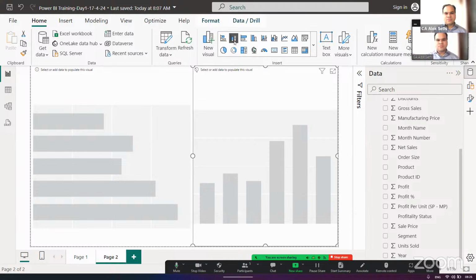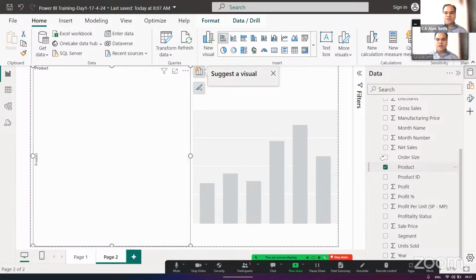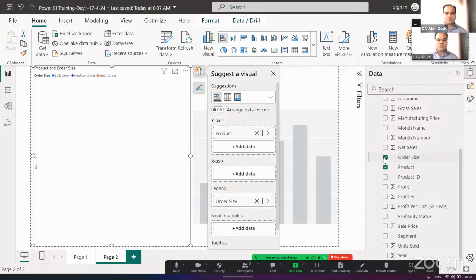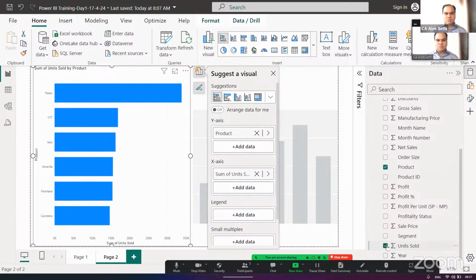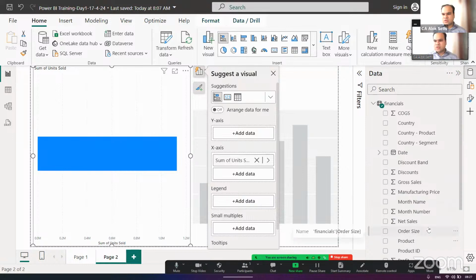and then you have to click on this. तो आपको दोनों चार्ट साइमल्टेनियसली दिखेंगे। अगर आपने सेलेक्ट कर रखा है और आप कोई और विजुअल सेलेक्ट करेंगे तो वो उसी विजुअल को अपडेट कर देता है। तो मेक श्योर दैट एक विजुअल इंसर्ट करने के बाद दूसरे विजुअल के लिए देयर हैज टू बी अ डिफरेंट एरिया सेलेक्टेड, ब्लैंक एरिया सेलेक्टेड ऑन द कैनवास। अब हम क्या करते हैं, पहले हमने कंट्री लिया था, कंट्री तो 5 ही थी। अब मैं ले लेता हूँ प्रोडक्ट, प्रोडक्ट के साथ में ऑर्डर साइज ले लेता हूँ। ऑर्डर साइज नहीं, सॉरी, आई वांट टू टेक द नंबर ऑफ यूनिट्स सोल्ड। प्रोडक्ट भी 5 ही है। एक मिनट, इसमें ज्यादा कुछ नहीं है डेटा।